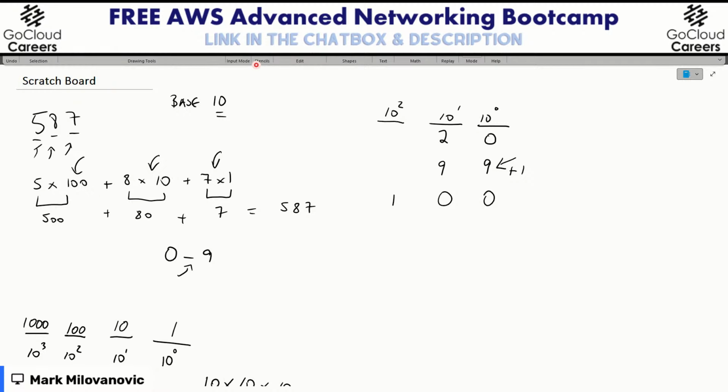When we start dealing with actual binary, and then what we're going to focus on is IP version 4 addresses, we're going to have 32 different columns. So we want to warm up and get an idea of how this carryover is actually done, because it's going to be similar, but yet it's going to throw us a little bit for a loop because we're not using a base 10 system anymore. But we'll get to that.